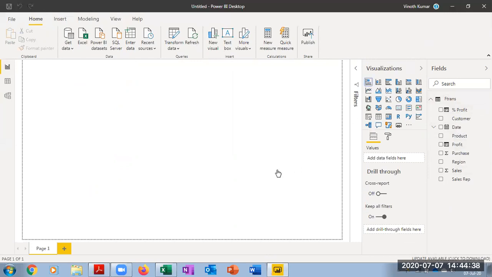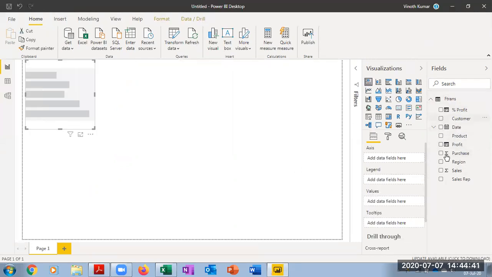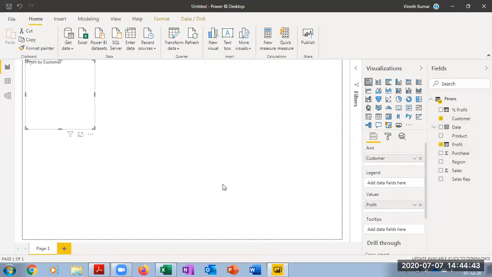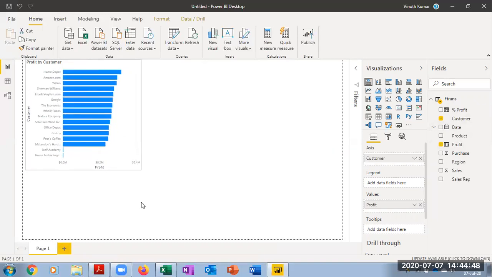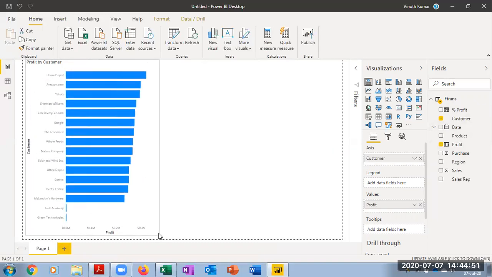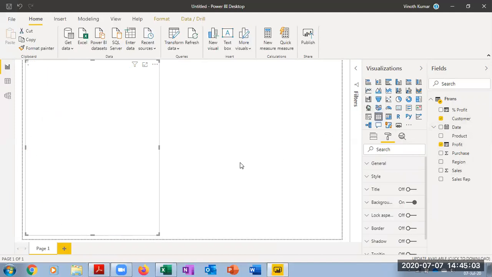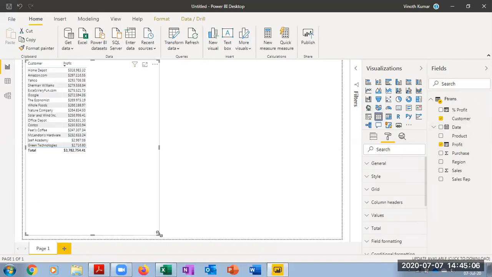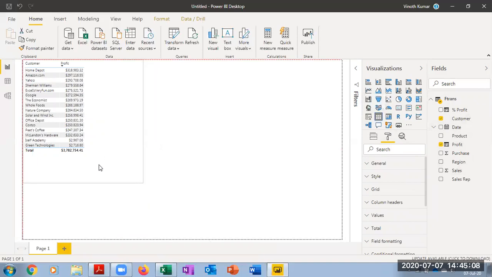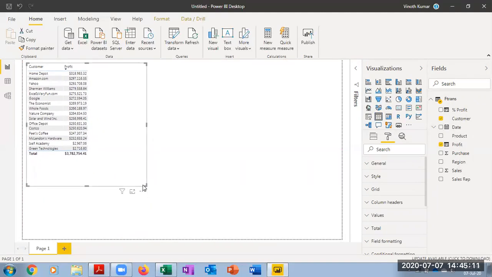So one on the bar chart. I'm going to add customer wise profit. You can see that here. So these are my customers, and then I have a profit here, and I'm going to just add a data label to it. And if I want them as a table, I can just convert this into a normal table. So that's going to give you a list of what are the sales that we did. So I think that I have had 2 new customers in my list from my complete list of customers. So let me put all of them as a